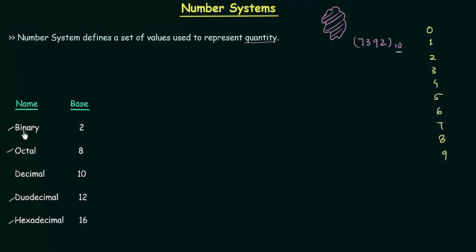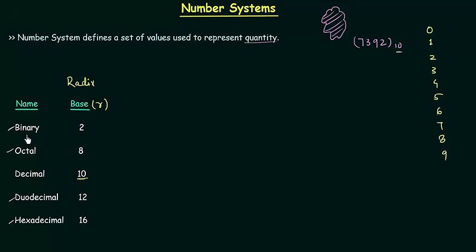In case of binary number system, we have 2 different digits, and 2 is the base for the binary number system. Now what is this base? The base of a number system is also called the radix. Because of this, the notation for base is a small r. The base will tell us how many distinct digits we have in a number system. For example, in case of the decimal number system, the base will be 10 because we have 10 different digits in